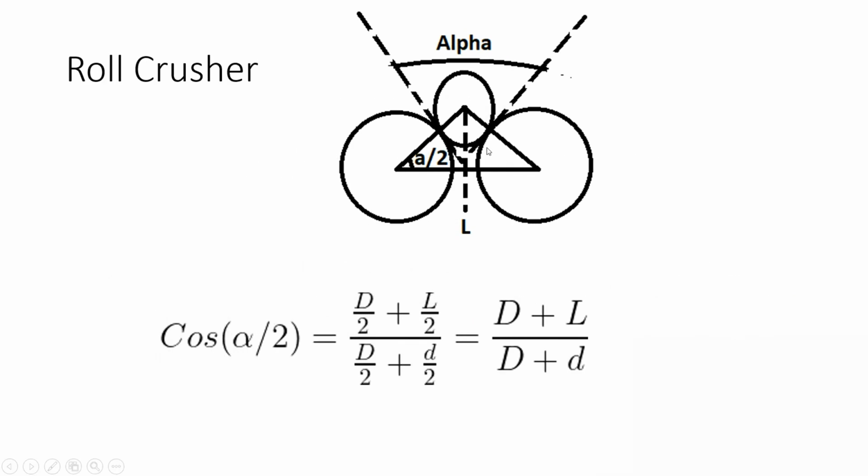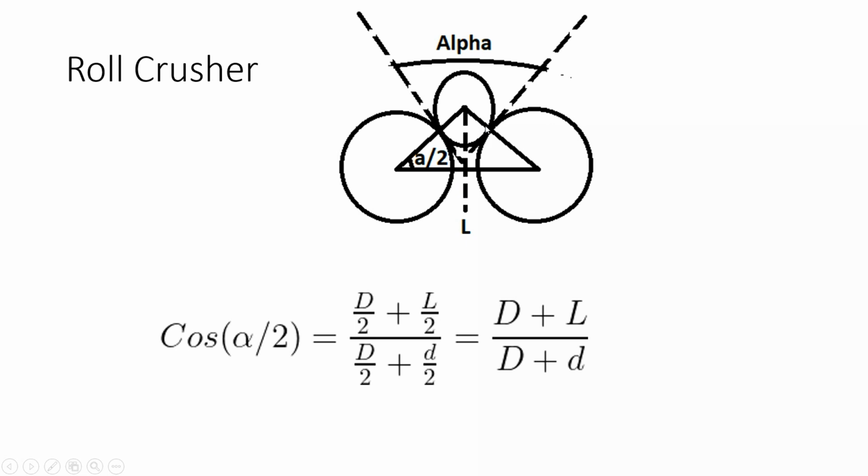First, see the roll crusher. The roll crusher is given as this. There are 2 rolls and there is a particle of some diameter. This is the particle, right? So we can consider the roll diameter as capital D, and small d denotes the diameter of the particle. You can see here it will make an alpha, that is the angle of nip. And the clearance between these is L, I am assuming it L.